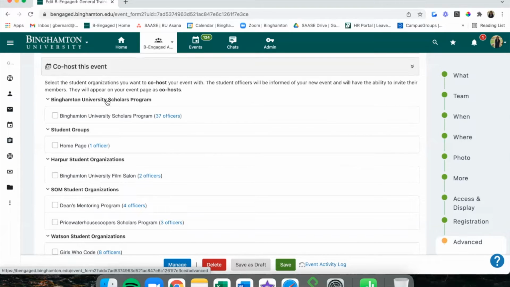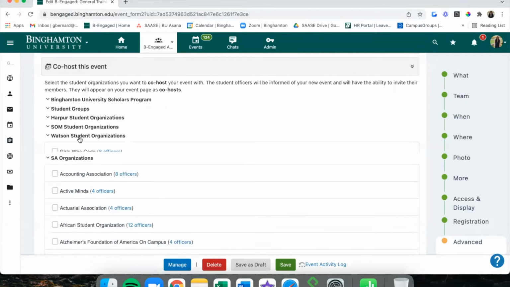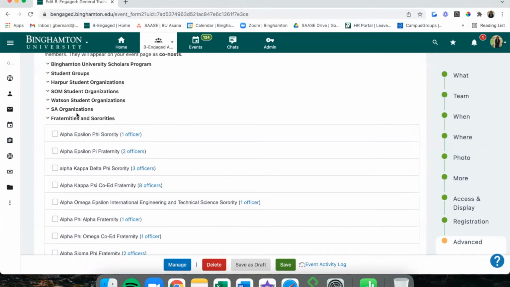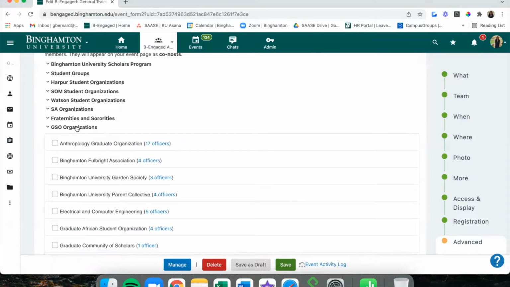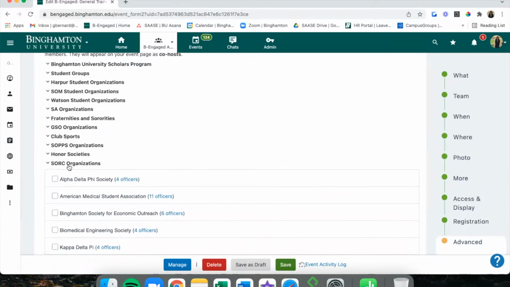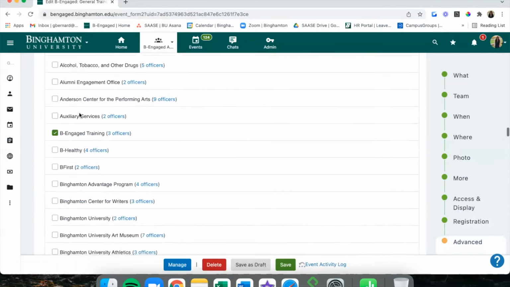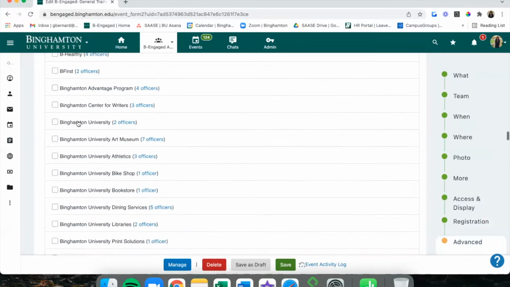So you can see we have it broken down into categories here. SA organizations, fraternities and sororities, GSO organizations, club sports, and so forth. We also have university offices at the very bottom here.